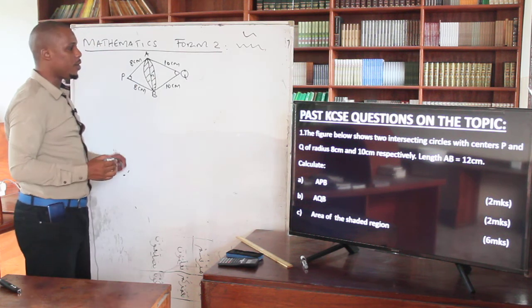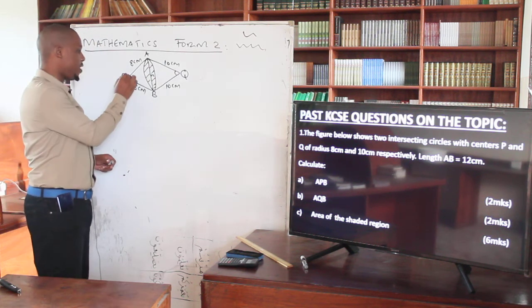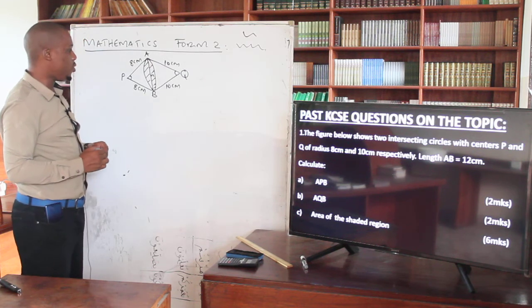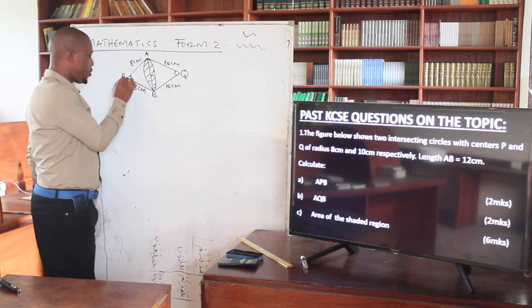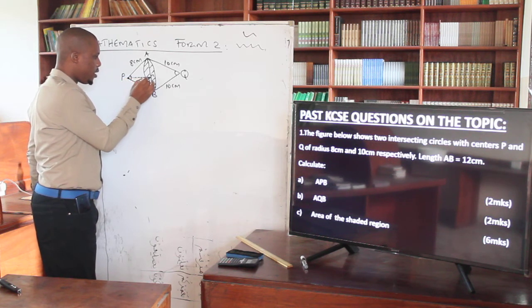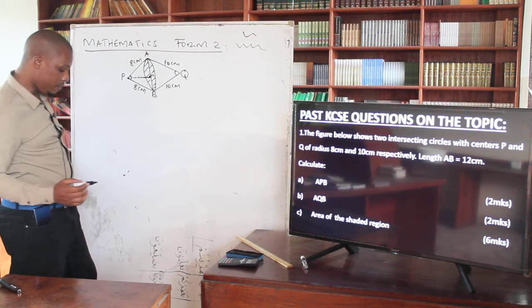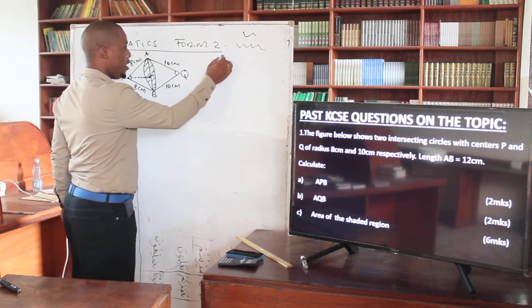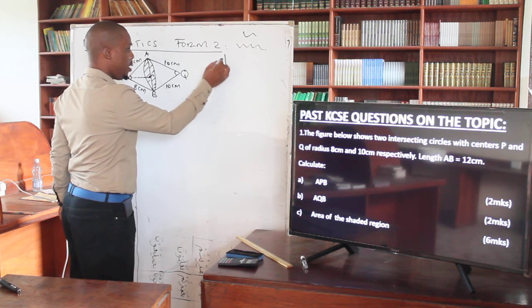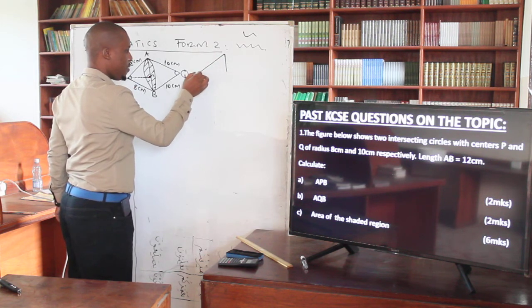Now, what technique are we going to apply in order to identify this angle? Remember the way I told you, you just bisect here to come up with the right angle triangle. And then we apply the concept of SOHCAHTOA. So once we bisect that, we are going to have a triangle of this nature. So we're going to have a right angle triangle here, and then here, something like that.